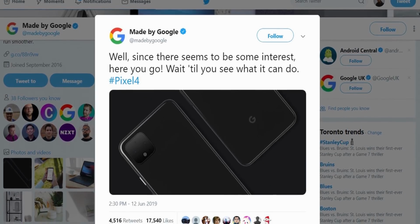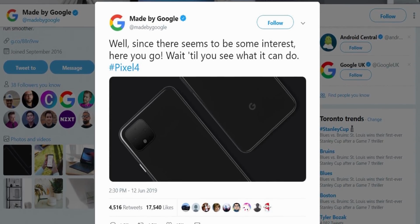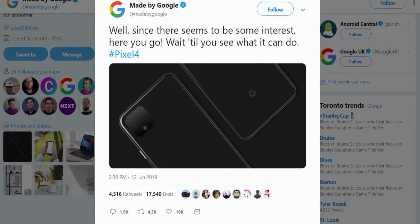Google tweeted a picture of supposedly what the Pixel 4 would look like, at least the back side of the device, mentioning that there seems to be some interest around this phone, as well as creating some excitement as to what it can do. Now, there have been a lot of rumors as to what the Pixel 4 and the 4 XL would look like. I've been reading a lot of articles with regards to what we could expect from these devices,